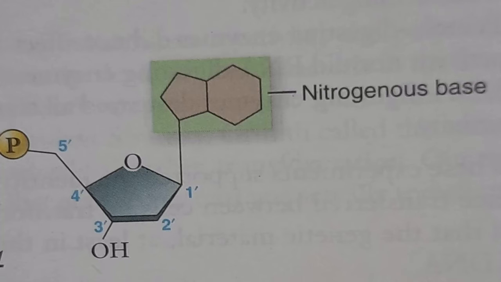These nitrogenous bases are linked to the sugar to form a nucleoside, and the bond between the sugar and the base is known as the glycosidic bond. This bond is said to be in the beta configuration with respect to the ribose sugar, that is, in the up configuration. So the base is free to rotate around this glycosidic bond. This is the phosphate ion which is linked to the 5' carbon of the sugar, which could be either ribose in case of RNA or deoxyribose in case of DNA.